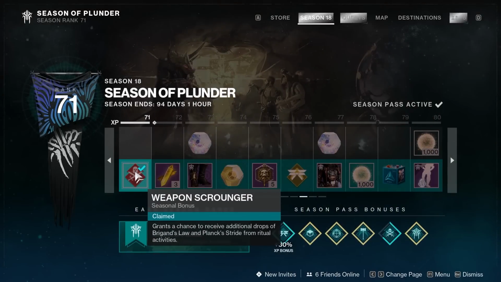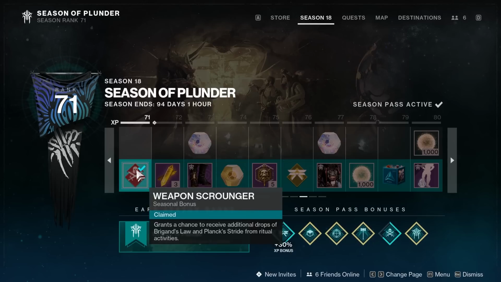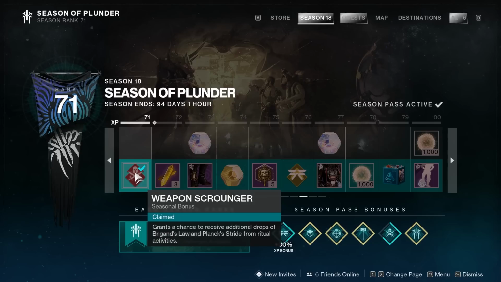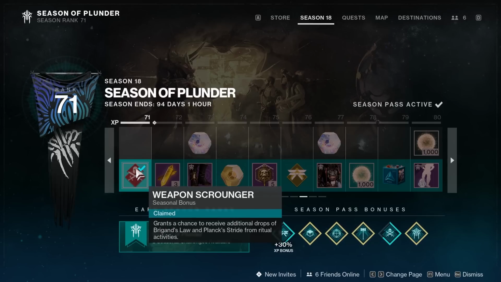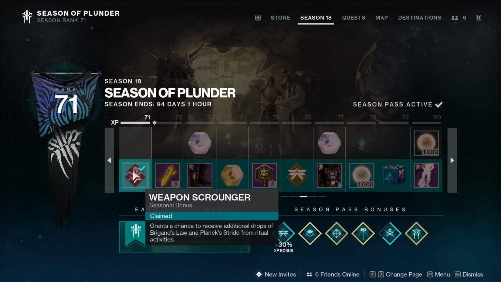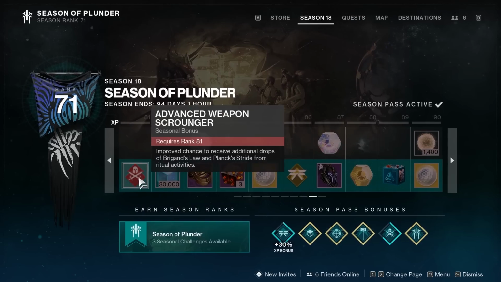Also, there's one more thing in Season 18 here. This Weapon Scrounger, all ritual activities. This is 71. I know people are not at 71 yet. A lot of people aren't. This is me just playing a lot and doing a lot of bounties. This will get you Brigand's Law and Plank Stride from ritual activities, so those can potentially be red frames. Those don't drop like crazy often or anything, and I'd be surprised if you got more than 1 or 2 red frames from that, but that is an additional way, and I don't think there are any...